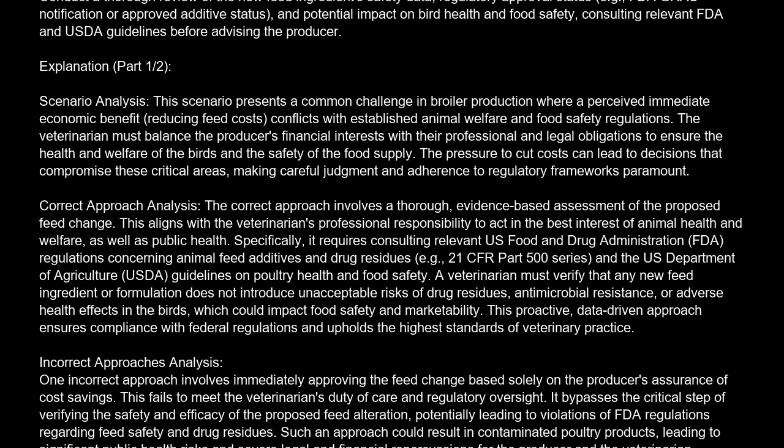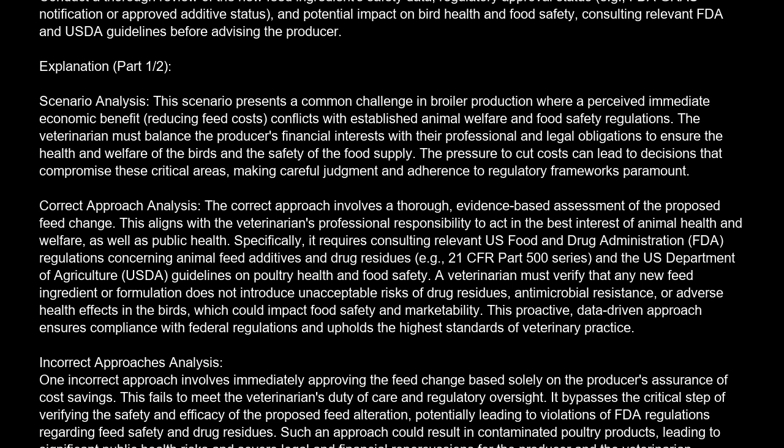The correct answer is C. Conduct a thorough review of the new feed ingredient safety data, regulatory approval status, e.g., FDA GRAS notification or approved additive status, and potential impact on bird health and food safety, consulting relevant FDA and USDA guidelines before advising the producer. Explanation. Scenario analysis. This scenario presents a common challenge in broiler production where a perceived immediate economic benefit, reducing